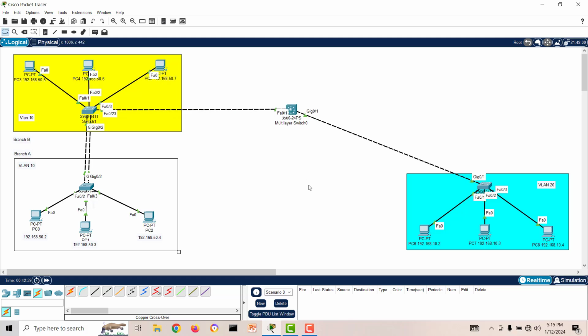Okay, so now here is our gateway 192.168.50.1, and here is 192.168.10.1. So these are the gateways. If you see, this is our gateway this side, and this is gateway this side. Now you see. Okay, let's create this link also trunk,